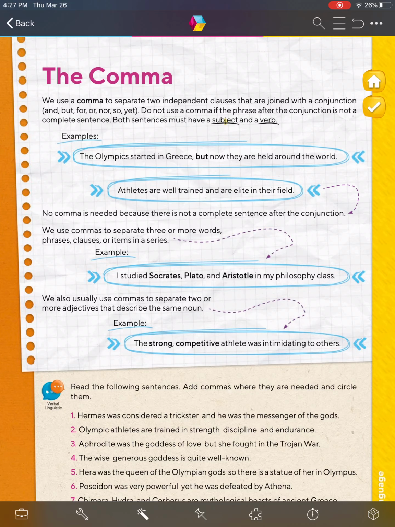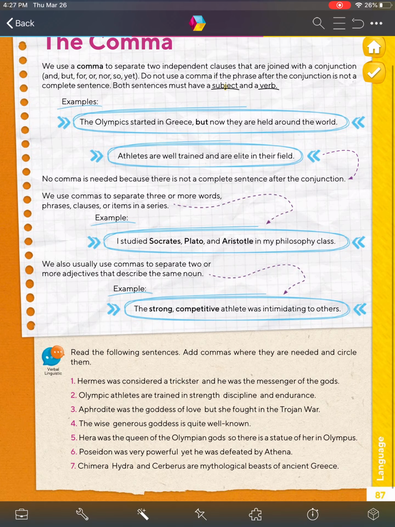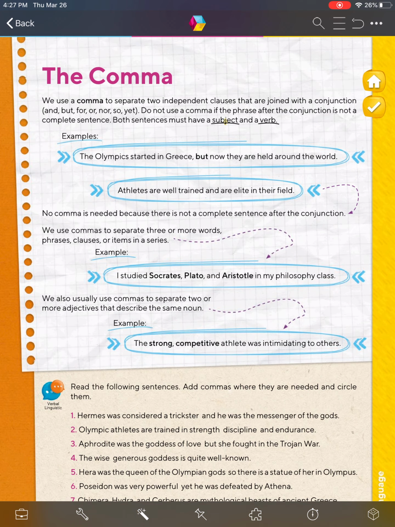This time we are talking about the comma. Do you remember how we use the comma in a sentence? Well, on page 87 from language, you will be able to remember this. I will help you by reading the first part